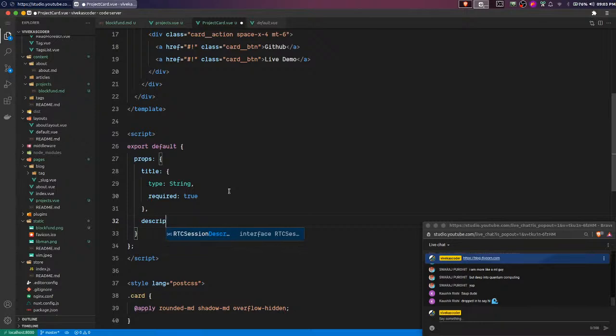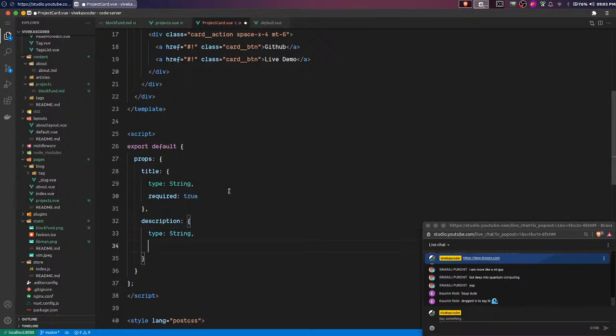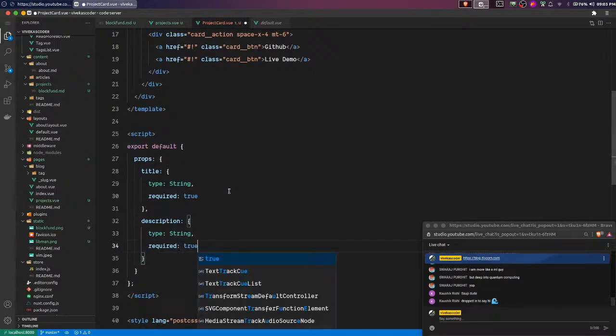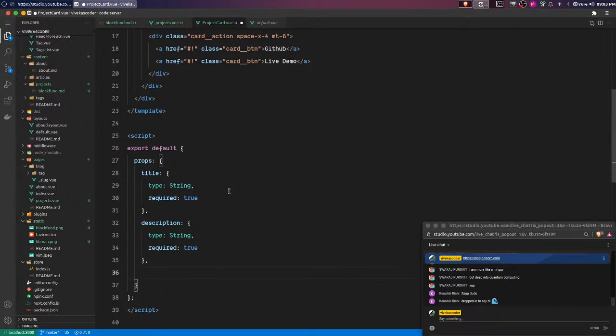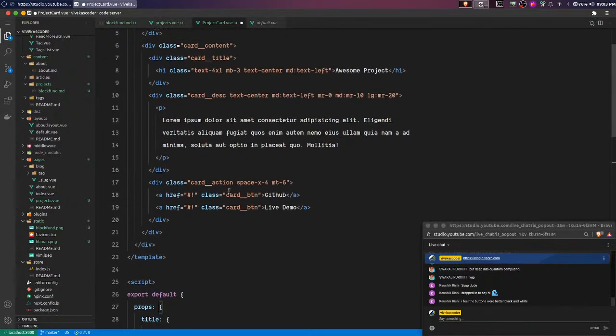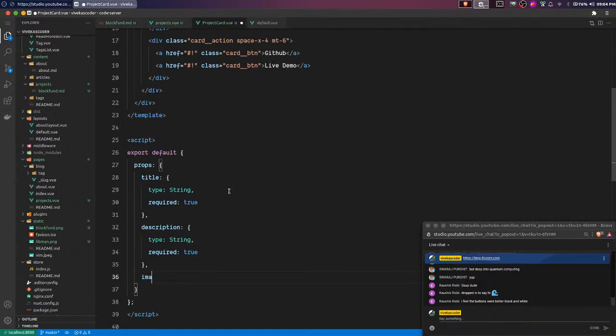Description, string, and required. The other thing that I want is image, right? So image is actually going to be a string, essentially a URL, but